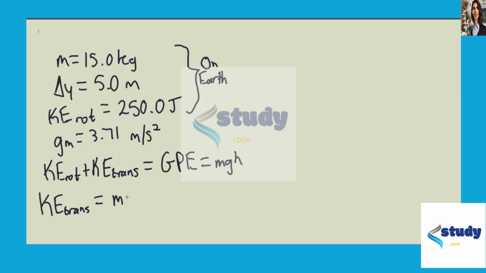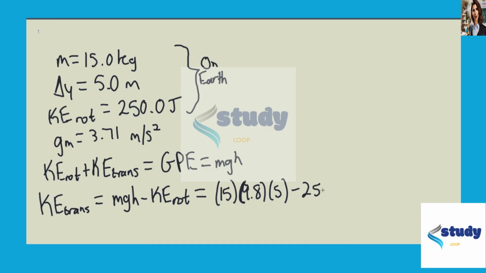So this would be mgh minus the rotational kinetic energy. And we should find this and say 15, 9.8, 5 minus 250, and this is going to equal 485 joules. So this is the translational kinetic energy,